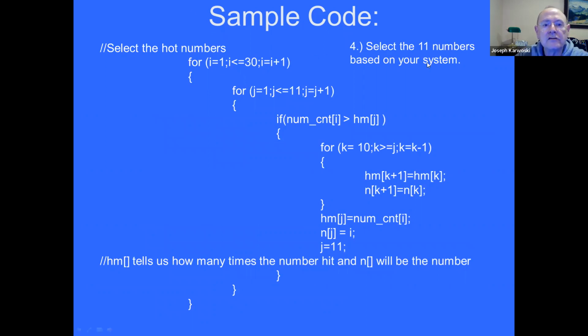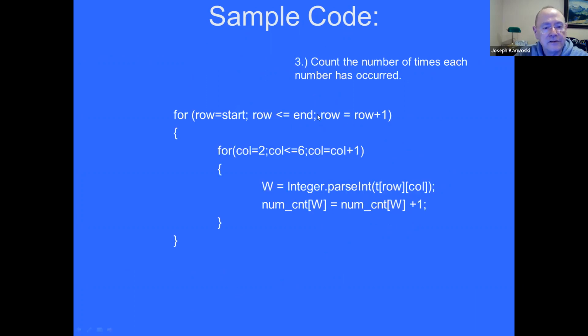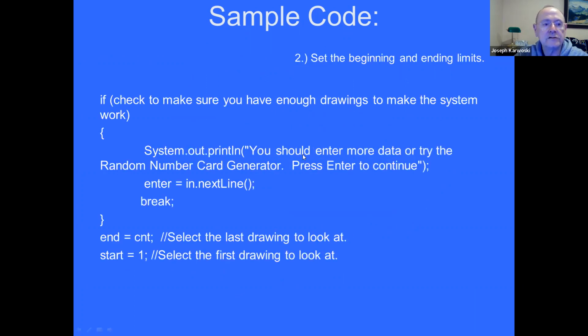What are you going to have to change here? Here's where we're selecting the numbers. You change this greater than sign to a less than sign. And then you're going to select only the numbers that go in. Is that going to be right? Should be. Because it's going to put the zeros in there for you. This is going to count up, so this won't change. Step 2 isn't going to change, except it will slightly